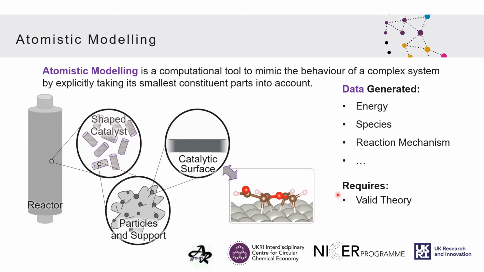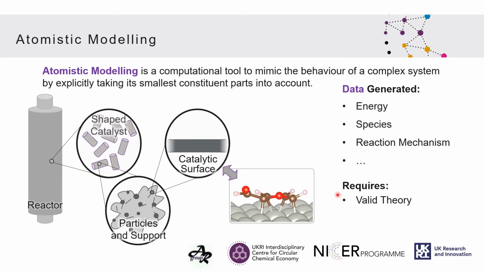And when I say valid theory, it is something that, for instance, comes from first principles, so quantum mechanics. Quantum mechanics is a valid theory. It provides information on the electrons, it provides information on heats, geometries, species, and so on. DFT is a well-known quantum mechanical theory. And there are many others. We could look at interatomic potentials that are also valid and results are accurate. So there are many different valid theories that we just need to fit in our models and generate